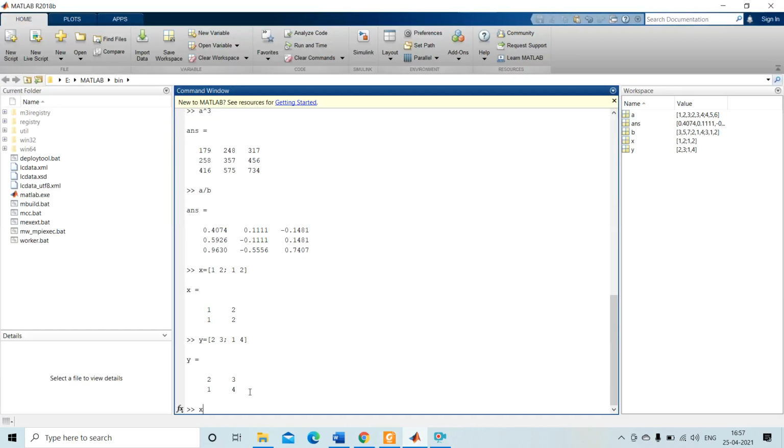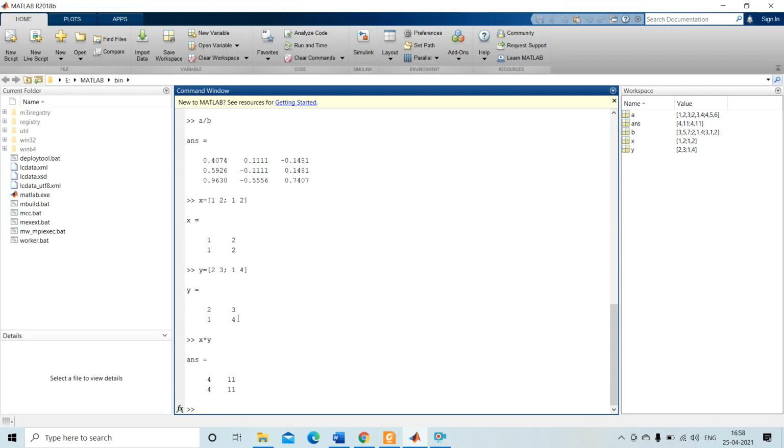So see, x into y means, this is a matrix multiplication, but if I write x dot star y, enter, see what happens here. 1 into 2 is 2, then 2 into 3 is 6, then 1 into 1 is 1, 2 into 4 is 8. So this is the array multiplication. Clearly understood?